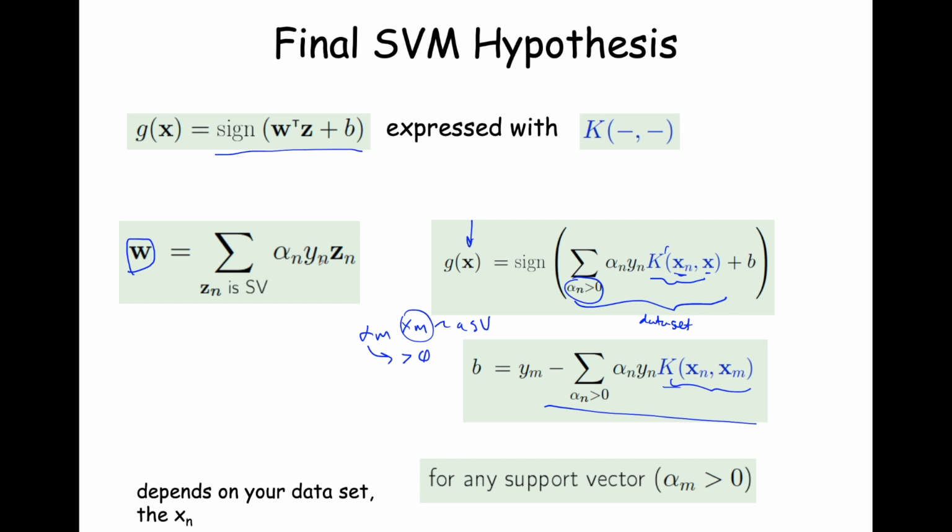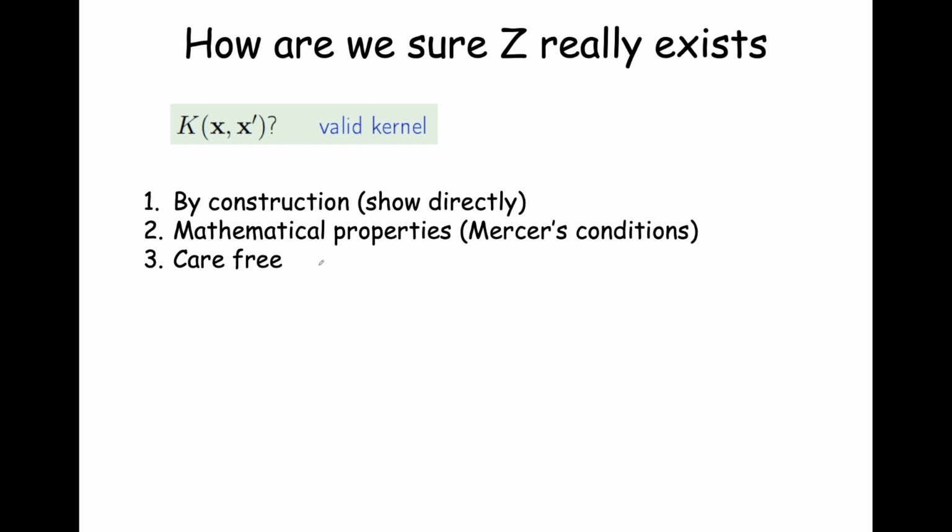Okay, so how do we know that this Z really exists? Well, we want to know if this kernel evaluation is a so-called valid kernel. There are multiple ways to do this, and we will pick back up next time with how you might do this in designing your own kernel. Okay, so with that,